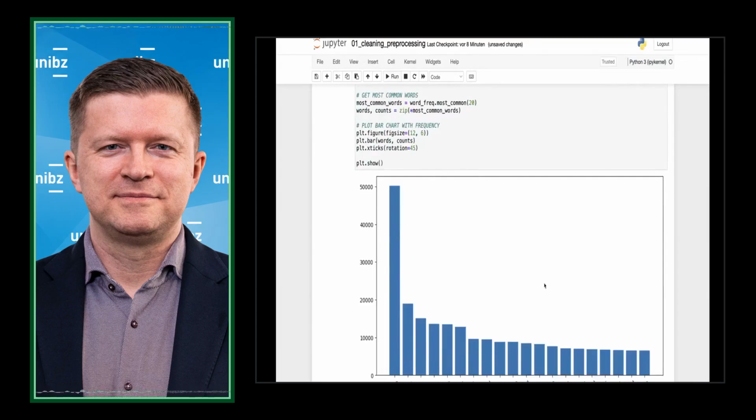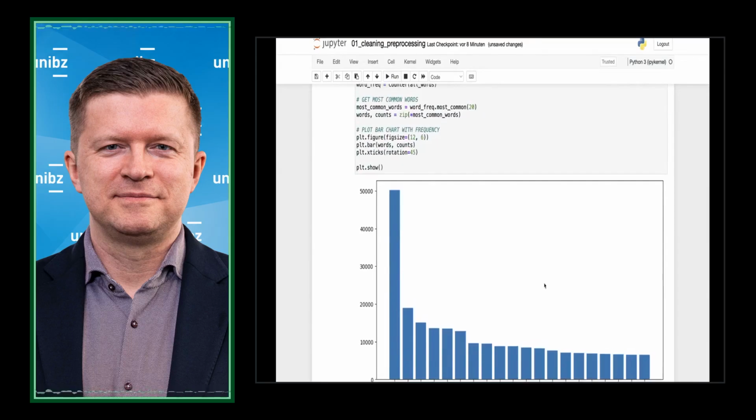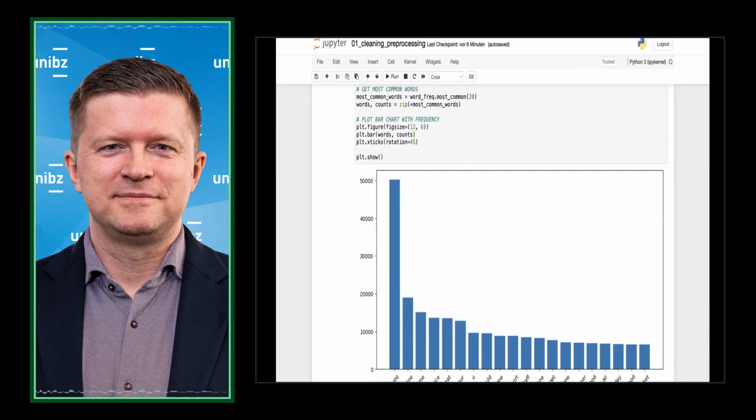That looks good. I would say that's fine. The most occurring word, with nearly 50,000 occurrences, is flight, and then we have about 18,000 for airline and time. There are even a few positives. We have good, we have food. If there's not one negative word among the 20 most occurring words in 25,000 reviews, that's a pretty good sign, I would say.